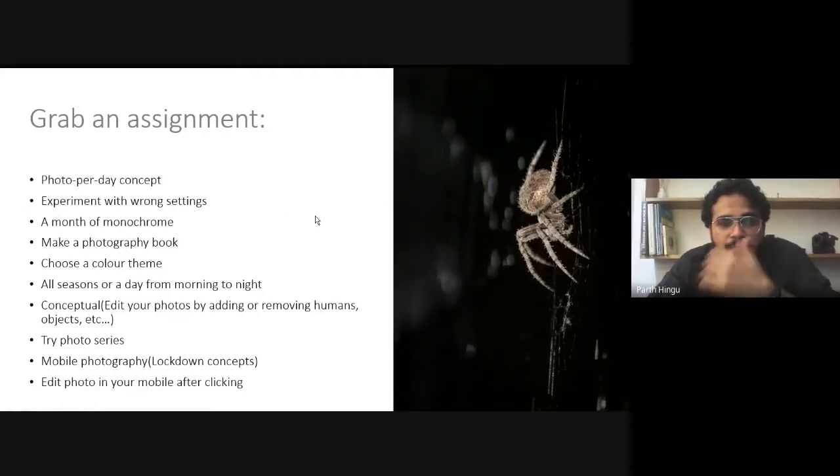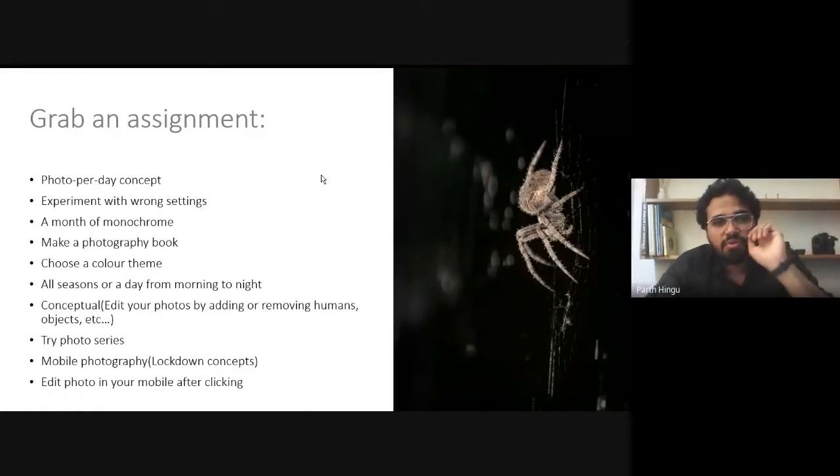Experiment with wrong settings. I showed the settings, you can just practice those settings. If you come to know what the settings do, try to click an image with some wrong settings. It will create a dramatic image. Month of monochrome: you can click a monochrome image and post it for a month.